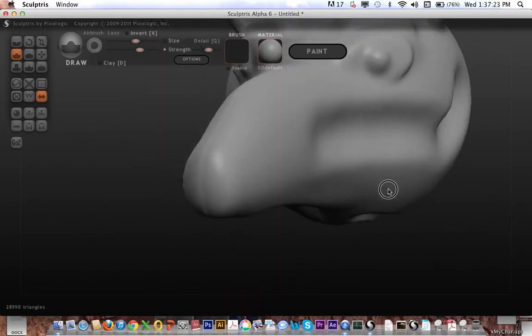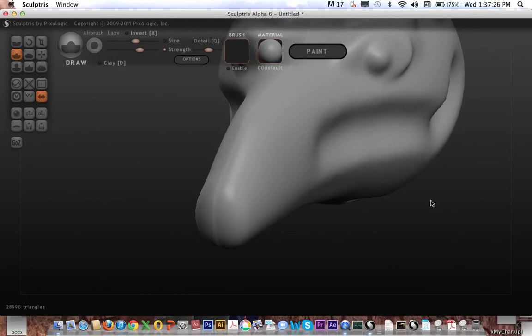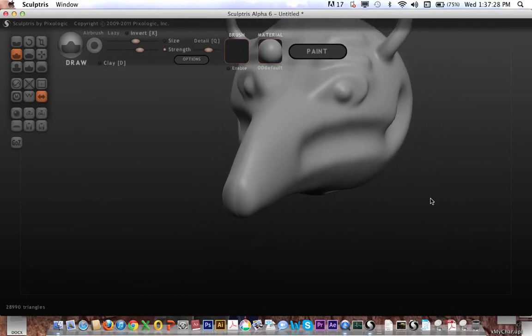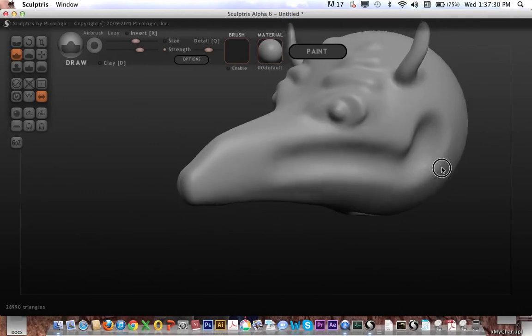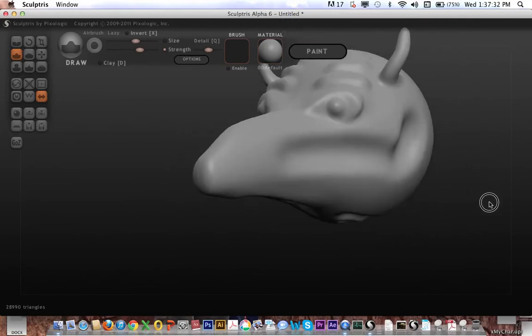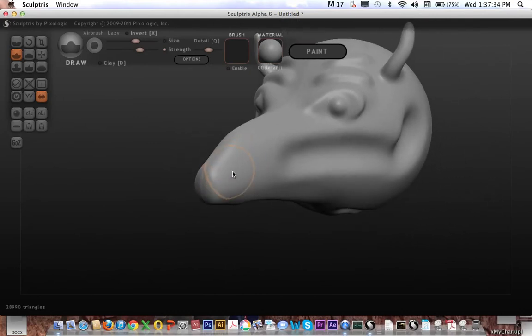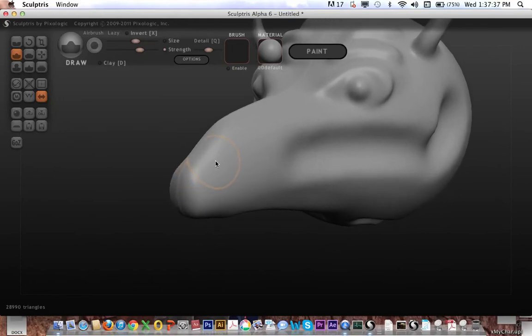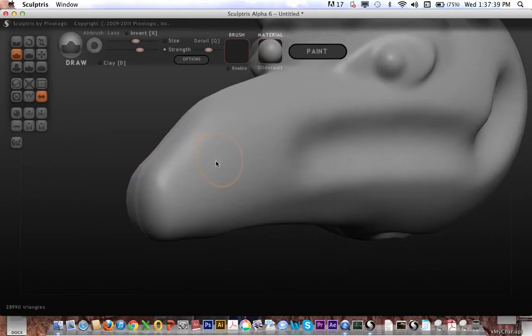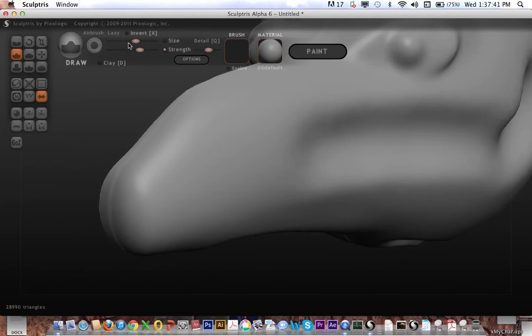Okay. And if I want to zoom in and zoom out, I simply just roll the scroll ball on the mouse, and you can see again I got something happening pretty nice. Now I'm going to zoom way in on his snout here, and I'm going to make my brush really small, and I'm going to option click and give him some nostrils. I'm polishing that in, and I'm going to make the size a little bit bigger, and I'm going to option